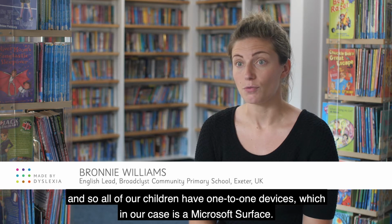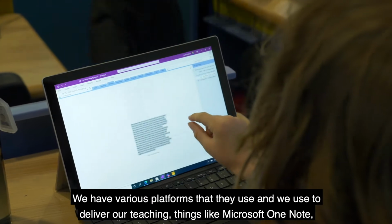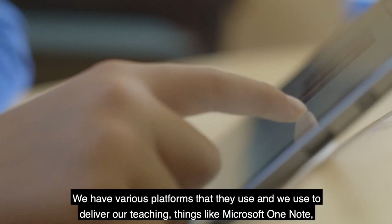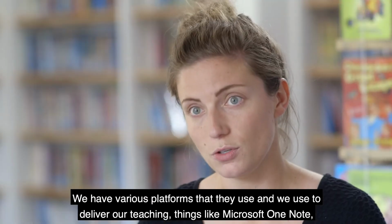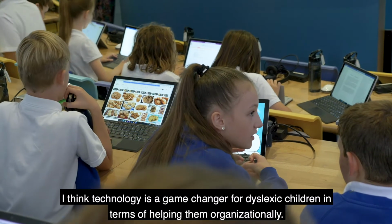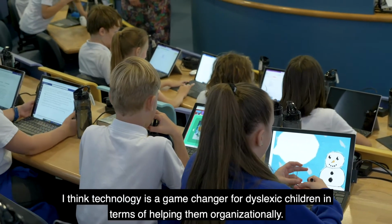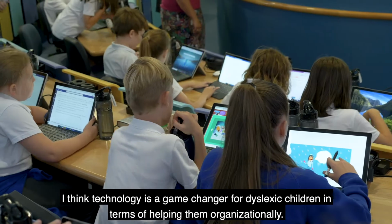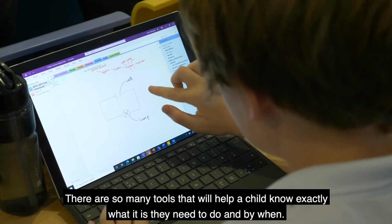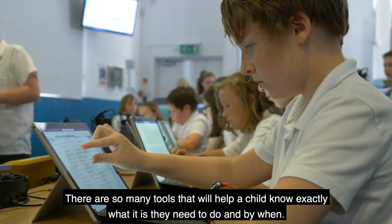So all of our children have one-to-one devices, which in our case is a Microsoft Surface. We have various platforms that they use and we use to deliver our teaching. So things like Microsoft OneNote, Microsoft Teams, and lots of the other Microsoft apps as well. I think technology is a game changer for dyslexic children in terms of helping them organisationally. There are so many tools that will help a child know exactly what it is they need to do and